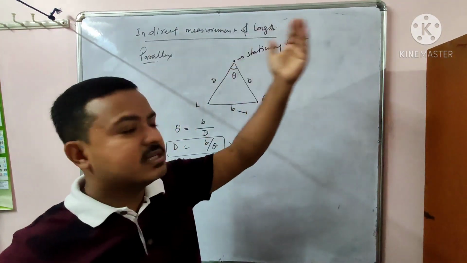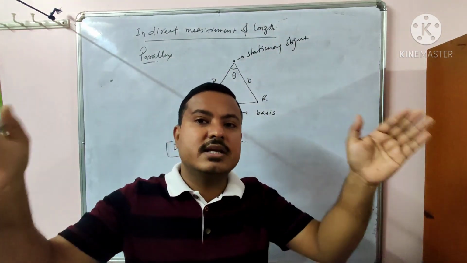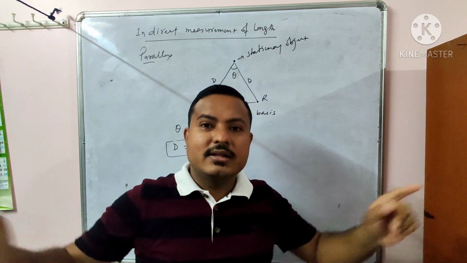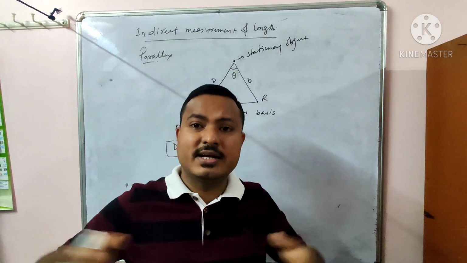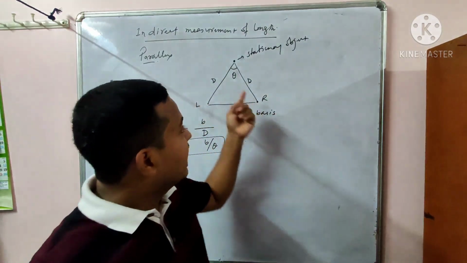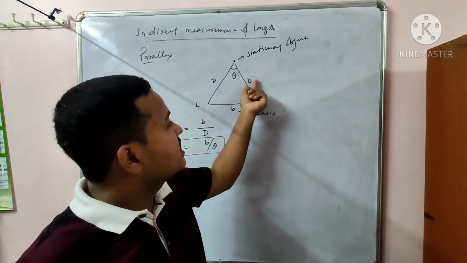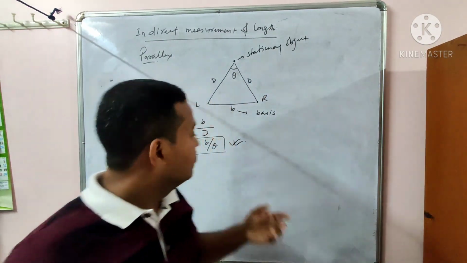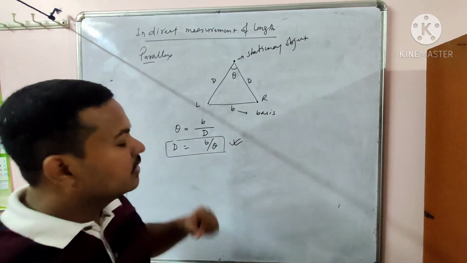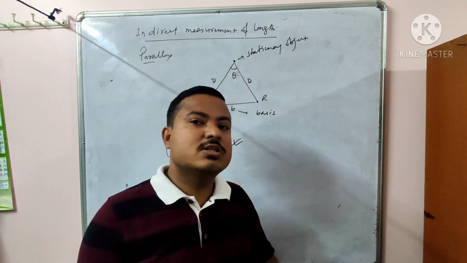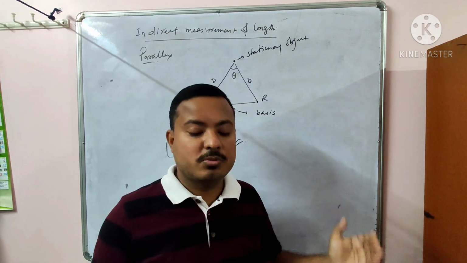Now, how can you use this method to find long distances? For long distances, we use a telescope. We fix the telescope on the earth. The distance between the observation points we take as b, which you can easily calculate. You can consider the diameter of the earth also, and theta you can measure with the help of the telescope. The distance d you can easily find by using this formula b by theta. So this formula gives you the distance between two heavenly bodies or two distant objects.